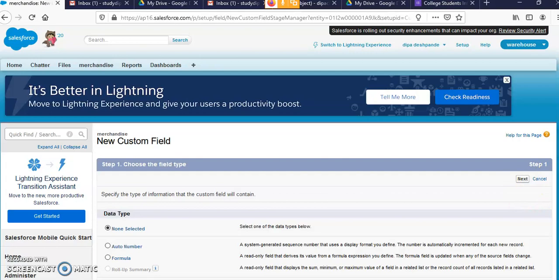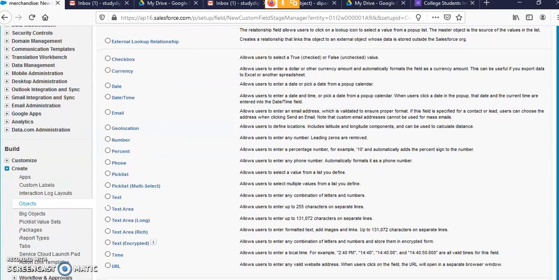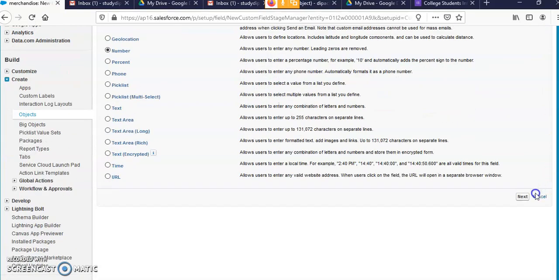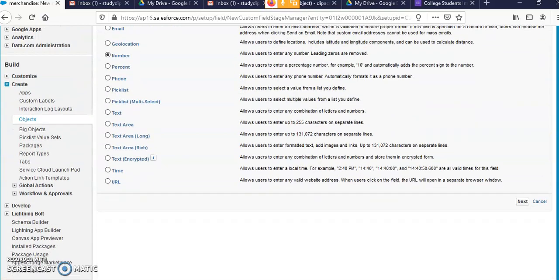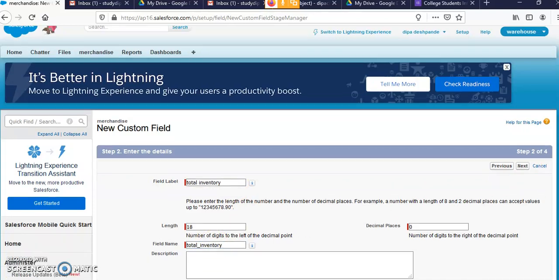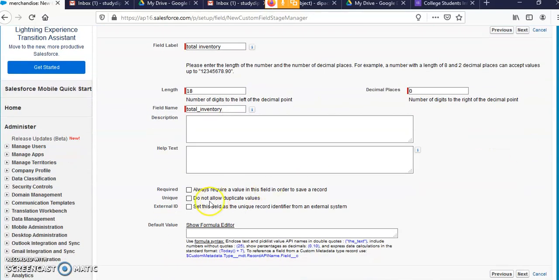So here we are adding another field, total inventory. Take the data type as Number. Here it is showing Number. Next. Right, so here you write Total Inventory, that is the name of the field. No need to write decimal places or always require.